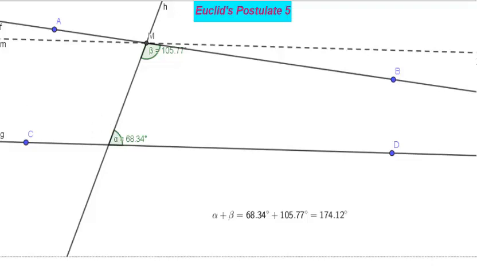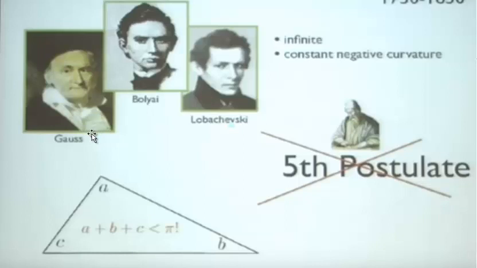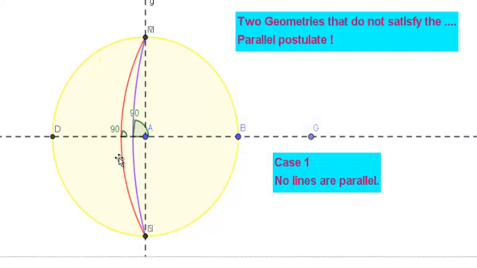In the process to prove Euclid wrong, three mathematicians were associated: Gauss, Bolyai, and Lobachevsky. All three of them were working at the same time to prove the fifth postulate incorrect, taking us to non-Euclidean geometry. They did this in two particular ways. One was case 1, when these two lines are parallel, right? They are parallel because the sum of the angles is 180 degrees, but they are not parallel because they are meeting at some points here. This was spherical geometry.